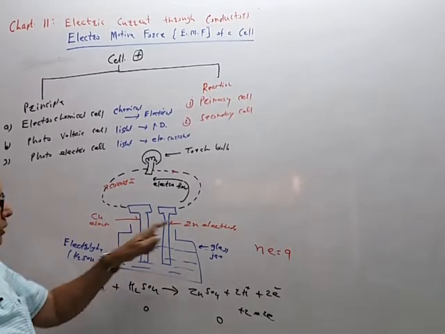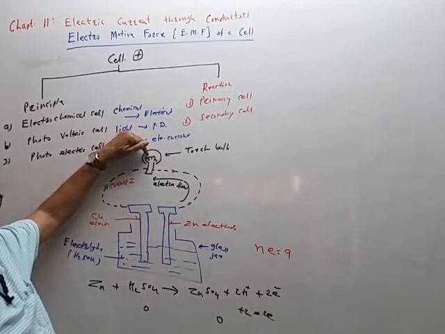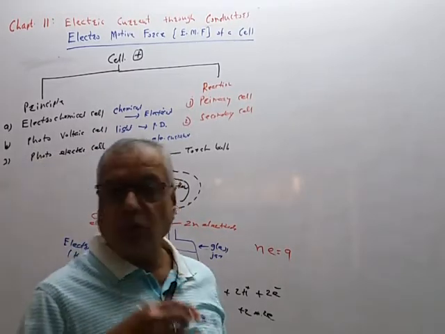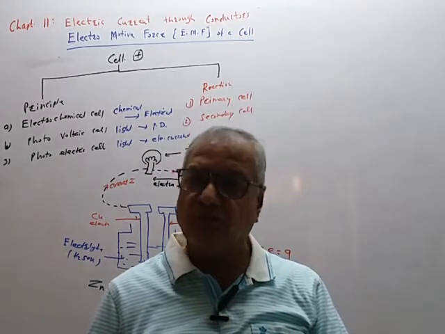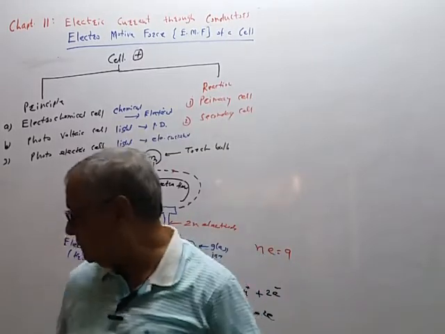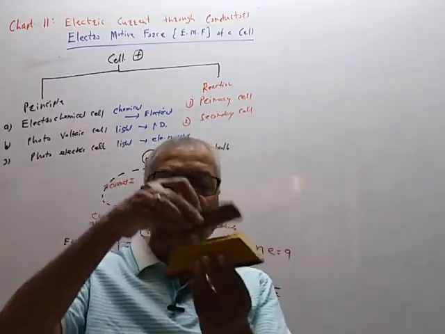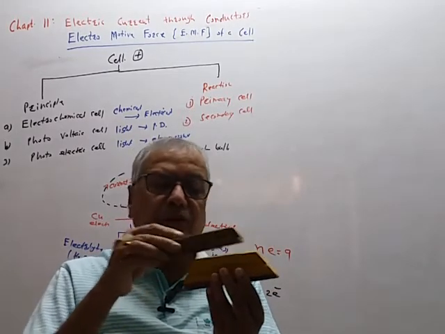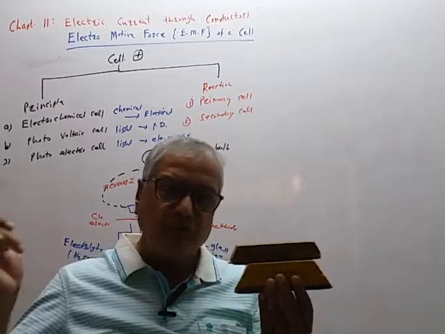Now, when these Q coulomb charges are circulating, this bulb filament has a certain resistance, opposition. So we have to overcome that opposition, and to overcome the opposition, some work is required. For example, suppose these are two bodies in contact with each other. At the boundary between the two bodies, there is a friction. So when we move one body over the other body, the frictional force is always an opposing force.